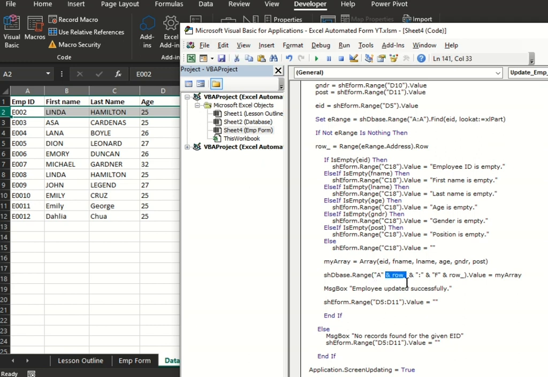So A and row number and F row number. So A2 to F2, that value. So the value of that range, set it to my array, which is the EID, first name, last name, age, gender, and post. And then once it's successfully updated, display a message box, employee updated successfully, and delete the previous entry in the form. So if not eRange, else,